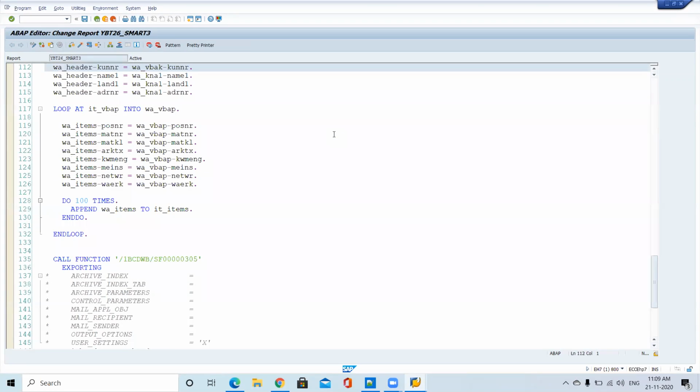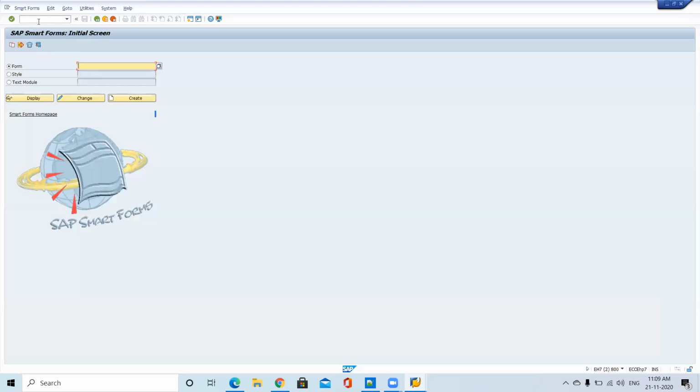So the size of the window also matters, no? If we give a bigger size, it says it is bigger when we tried executing. Yeah, finally, we just want to take a printout on A4 size paper. So the smart form should fit within the page, within that available space.